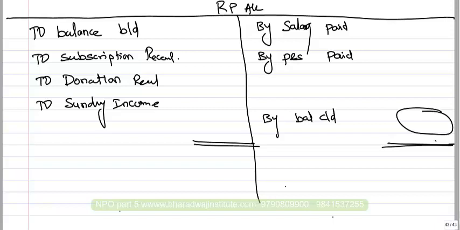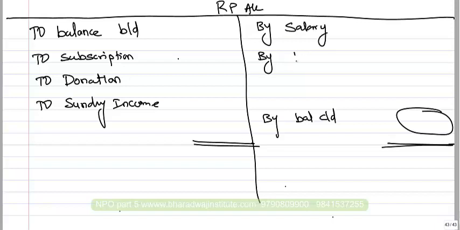This is what is accounting. What will come in receipts and payments account is accounting. Which amount you think logically and work out? Whatever is received, you have to take it. Subscription or donation, then salary or printing and stationery. Whatever is paid, you have to take it. Any other payment or any other receipt? Depreciation will not come. It is not a cash item. Try to work it out.